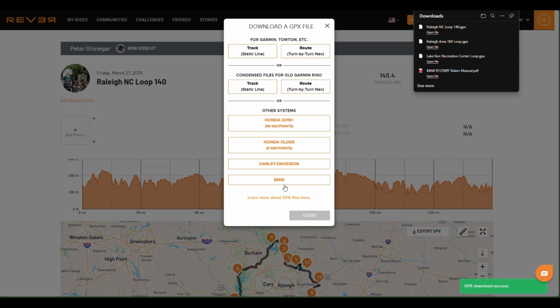And there we go. You can see here, we just exported it. It's this first GPX file called 140. It's the name of the ride. And so it exported it to my downloads folder on my computer. And next what we're going to do is we're going to get this file and import it into my Motorad